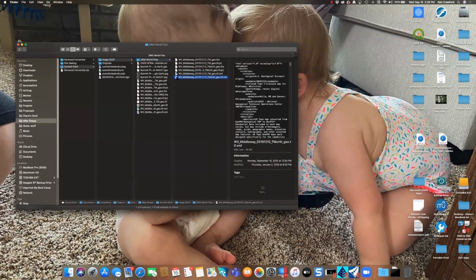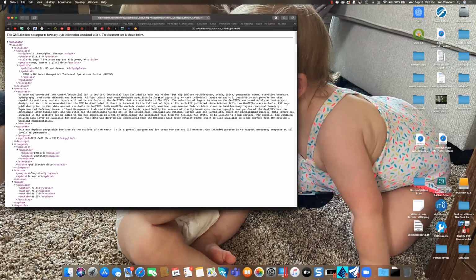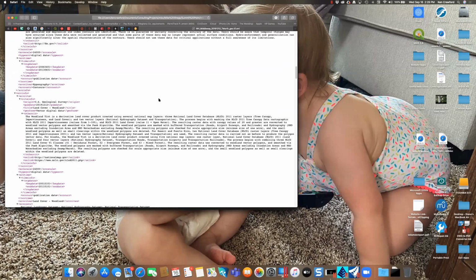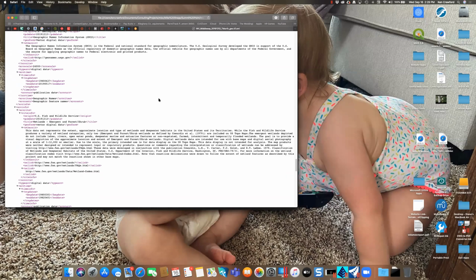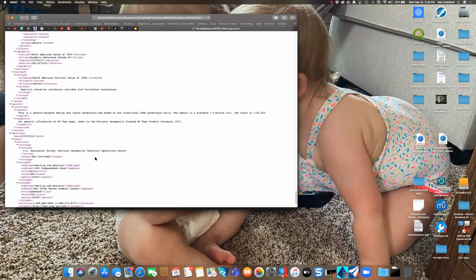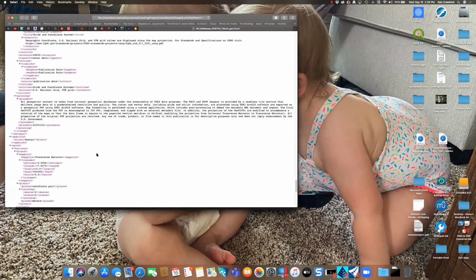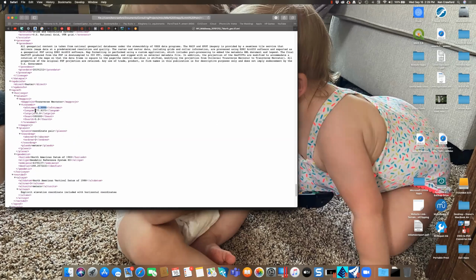let's see, here is that information. This is where I got those numbers, like the false easting and there's a process date. It was a transverse Mercator projection. Here's our scale factor. Here's our longitude of the central meridian, and here's our latitude of origin, and false easting and all of that. So those are what I used to create that